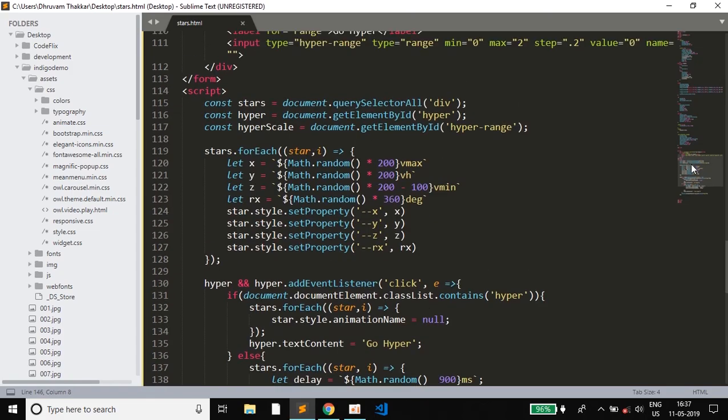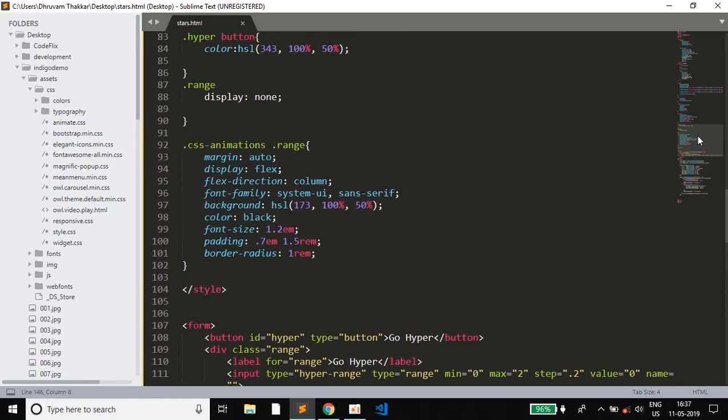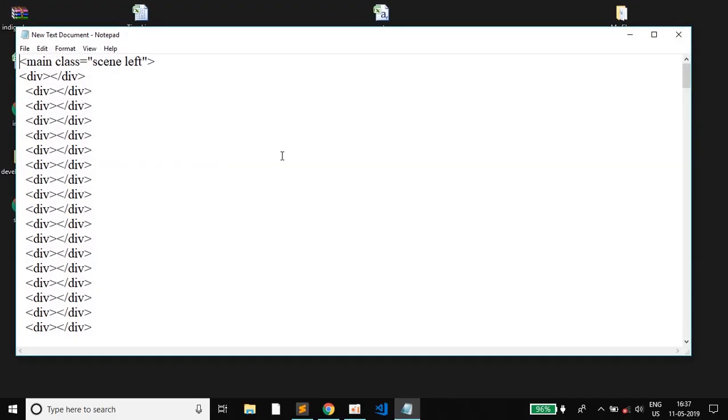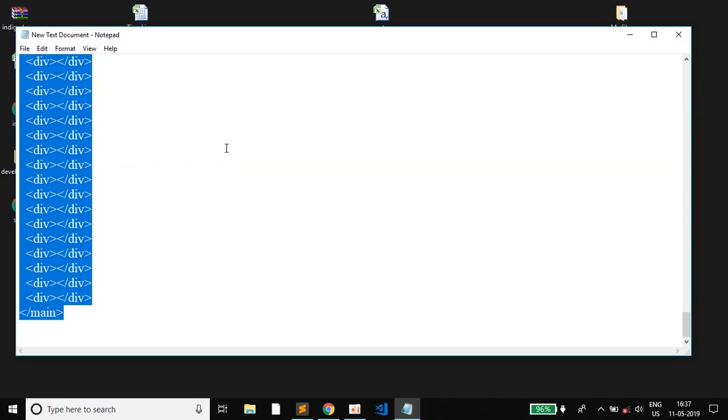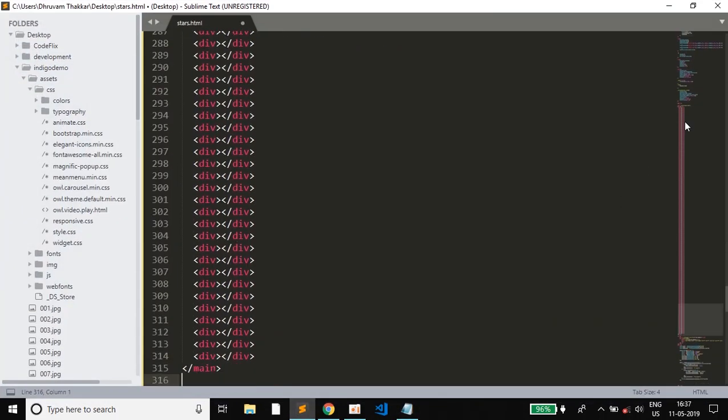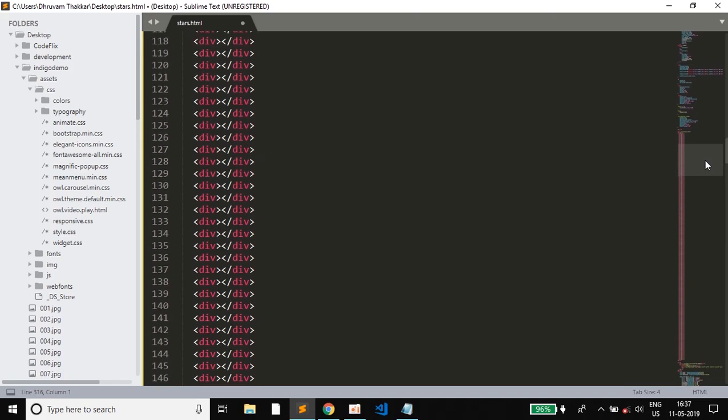Now there is just one thing left, which is the stars. For that I have created a text document with this long list of divs in the main tag. So I'll copy that and keep it above the form tag. As you can see in the minimap, there are around 200 divs,